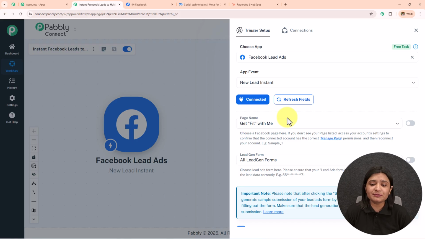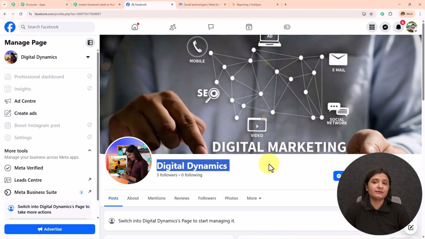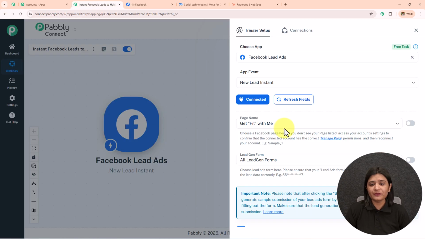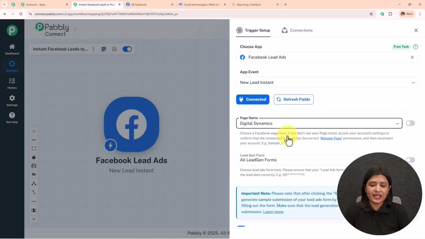Now I need to enter this page name and the lead gen form. So to get this page name, I'm going to open my Facebook account. This is the Facebook account and this is the page which I've created by the name Digital Dynamics, and I will be running all my advertisements using this page. So I'll go back towards my workflow and select the page as Digital Dynamics,